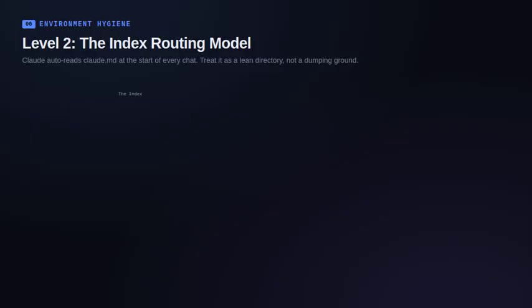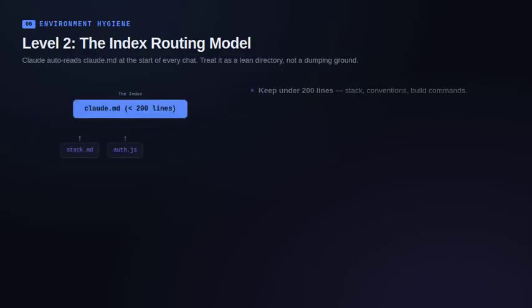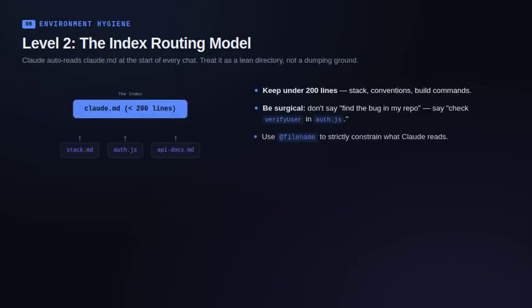Level 2, the index routing model. Claude auto-reads Claude.md at the start of every chat, so treat it as a lean directory, not a dumping ground. A bloated Claude.md, over 1,000 lines long, gets injected into every single message. Be